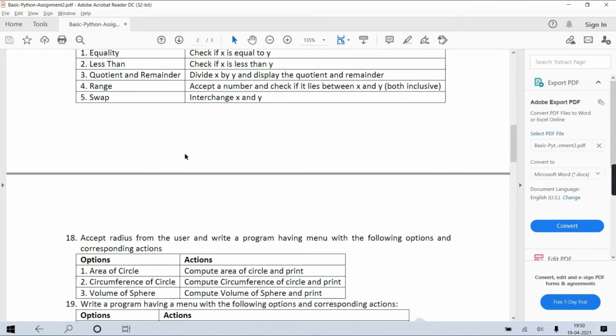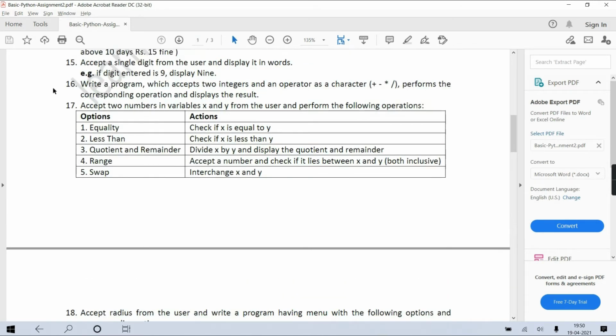I'll say you solve this one. This one you can try, a menu driven question. Accept two numbers in the variables x and y from the user and perform the following operations. Check whether the two values are equal, or check whether the first is less than the second, or print their quotient and the remainder.